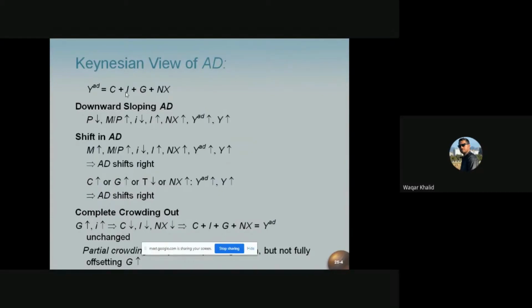Number one, consumer expenditures, which is denoted by C. Actually, consumer expenditures refers to the total demand for consumer goods and services. Number two, planned investment spending is denoted by I. It refers to the total planned spending by business firms on new machines, factories, and other inputs to production, plus planned